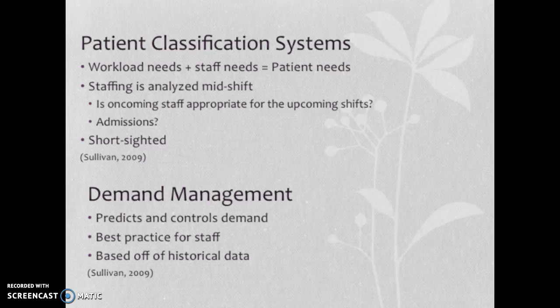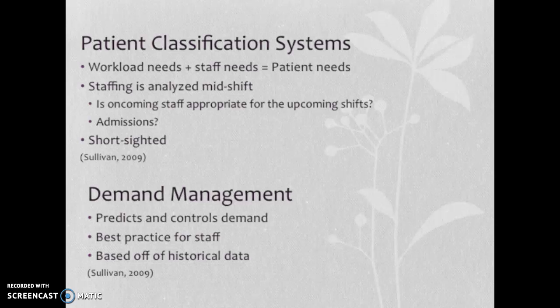So one way of looking at this staffing and proper staffing is patient classification systems. Patient classification systems look at the workload needs and the staff needs within a unit, and then how congruent that is to the patient needs. So this is analyzed mid-shifts every day. So it looks at the oncoming shift and their staff, and it says,